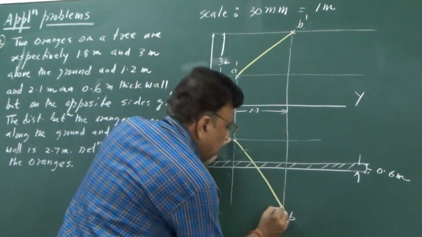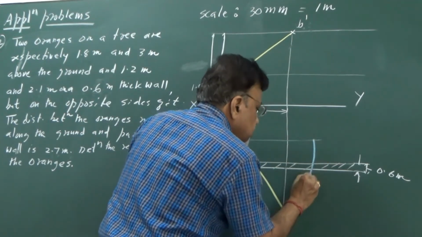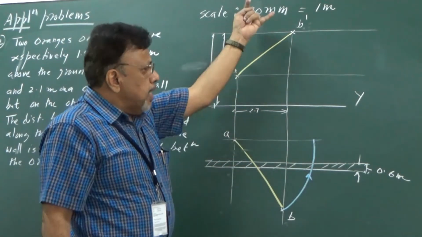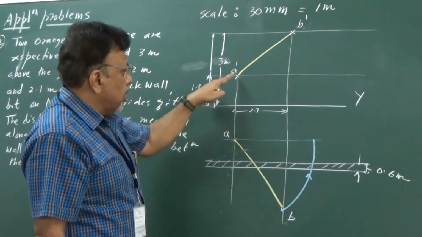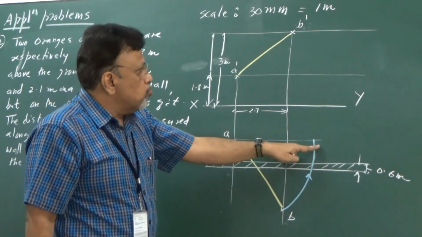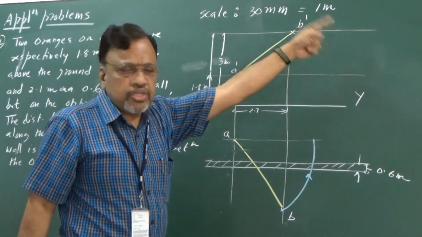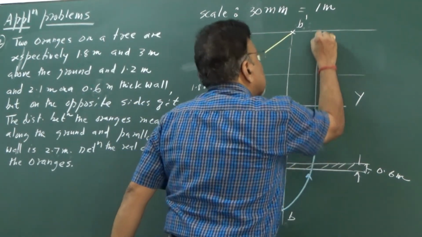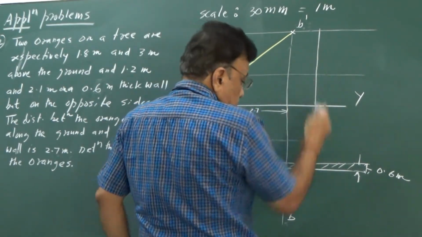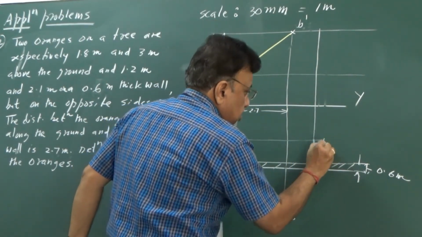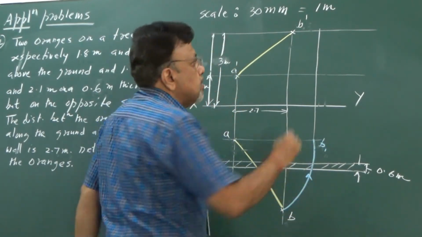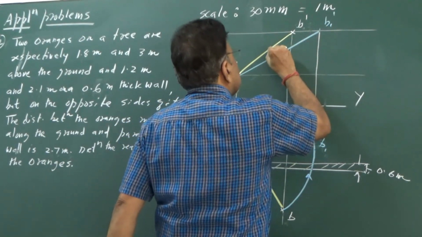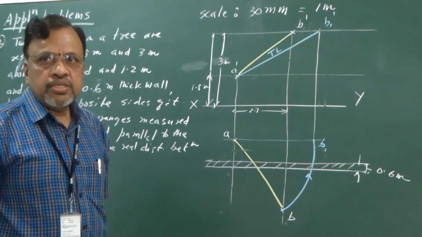So now I will make this parallel to XY. Now the line is parallel in one view. In the other view, we see the true length. Okay, I rotated with A. A is fixed, so we should move on the locus. So where is the locus of B here? In the front view, this line. So I will simply draw the projector up to that. Okay, let me call it B1. Then this will be B1 dash. Join this. This is TL. So TL means it is the true length.